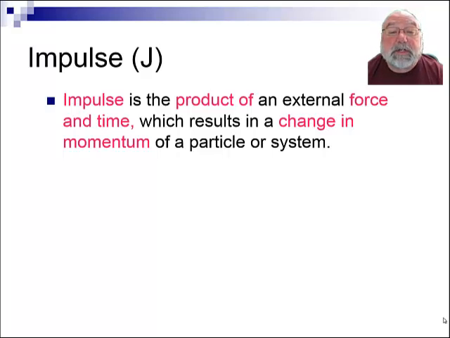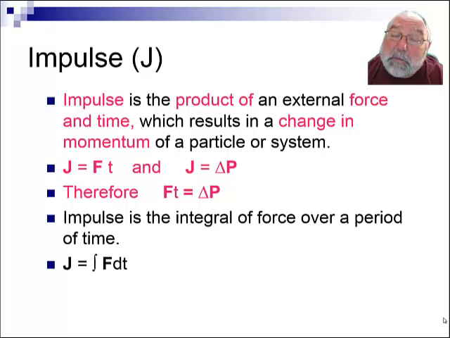Okay, so impulse changes the momentum of a particle or of a system. Again, we are not going to use I. We're not going to use the letter that goes with the word. We're going to use the letter J. And that is because we've run out of I's. We haven't used them yet in mechanics, but it's a very important term in electricity and magnetism. Okay, so that aside, impulse, the symbol is J, is equal to a force times the amount of time that